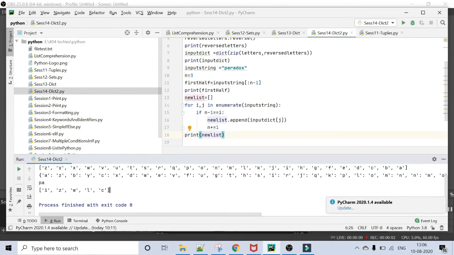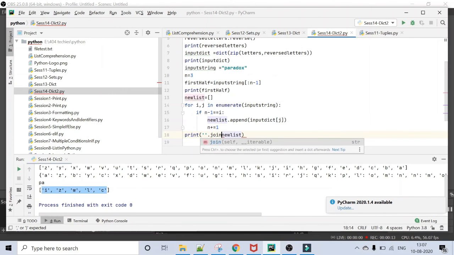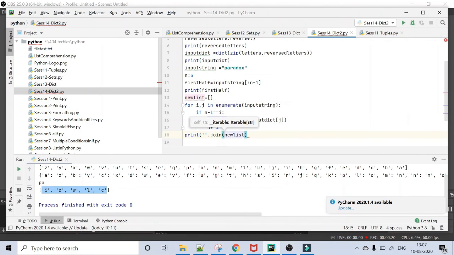This is a list of characters, but we want it as a single string, so I'm using join to convert this list of characters to a single string. We got the corresponding reverse characters, and we already have the first half of the characters in the variable first half.